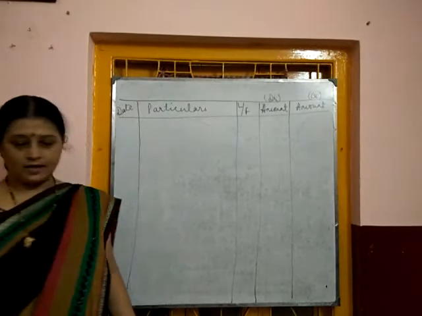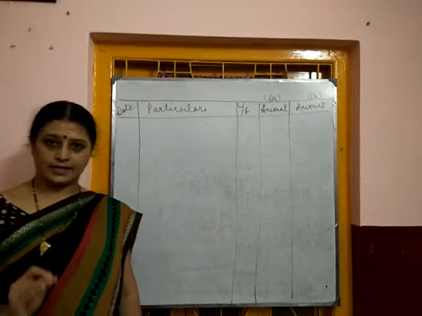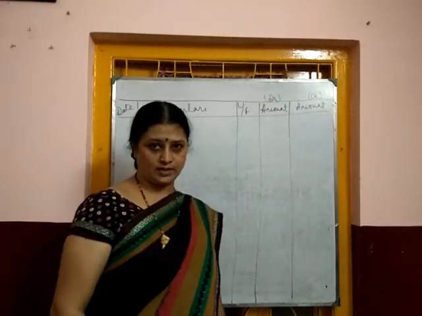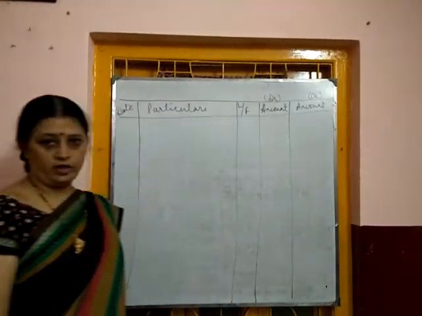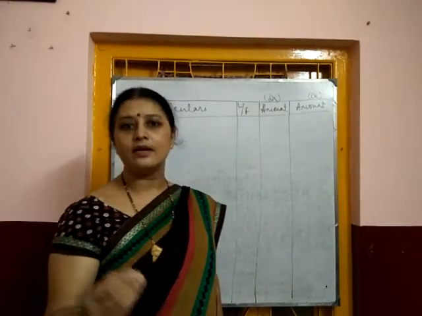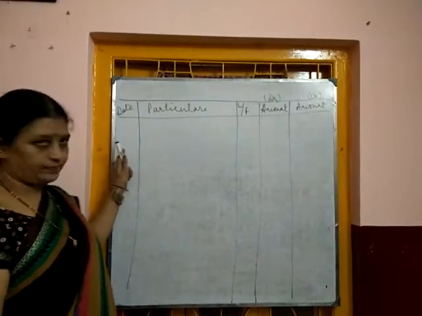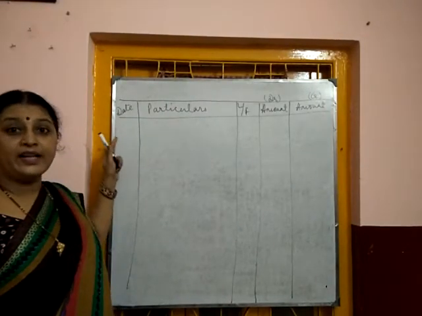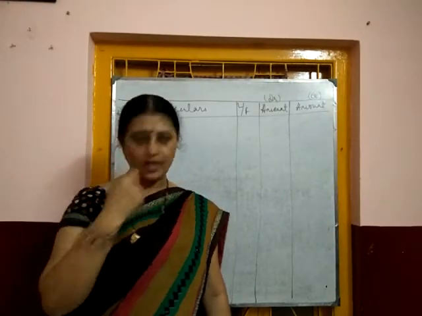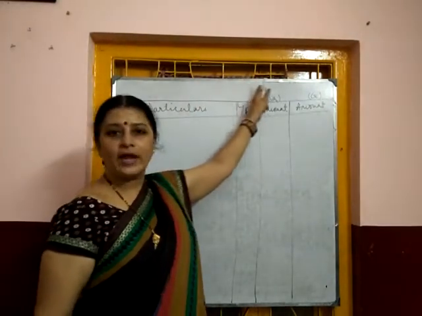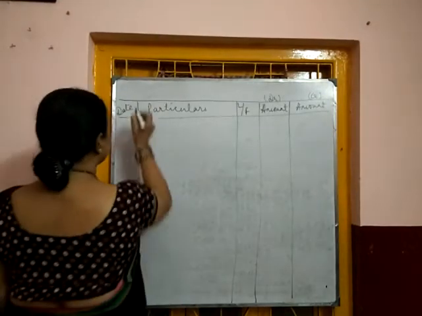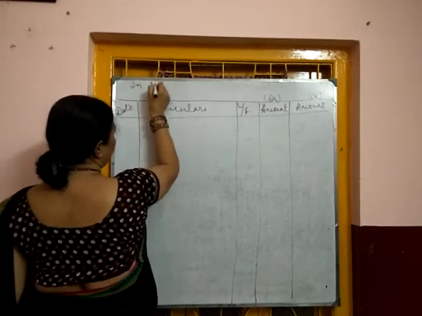So let us assume that Mr. X furnishes the following informations and you have to record those informations in the journal. Means you have to pass the necessary journal entry. So here, Mr. X is starting business on, say, 1st January 2020, right? So at the top, we have to write the name of the proprietor. Who is the proprietor? Mr. X. So we will write here at the top